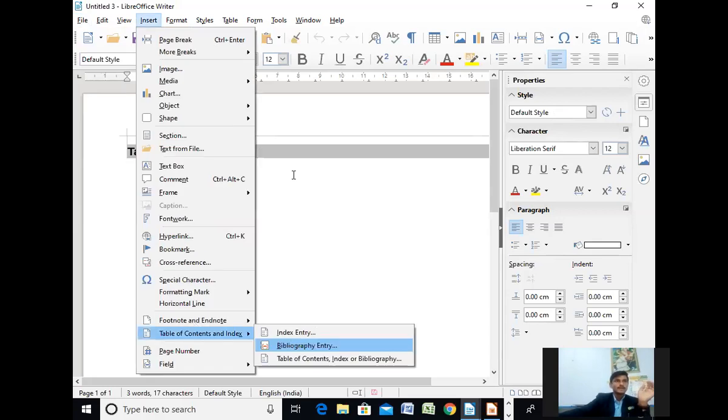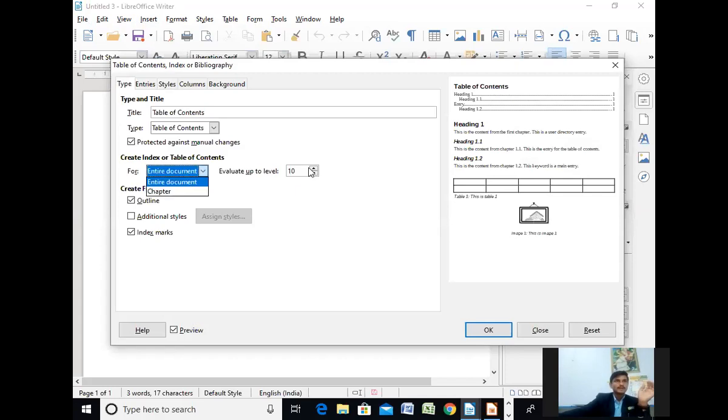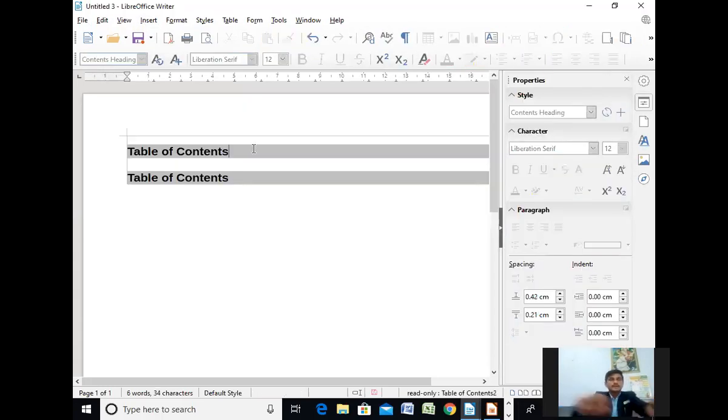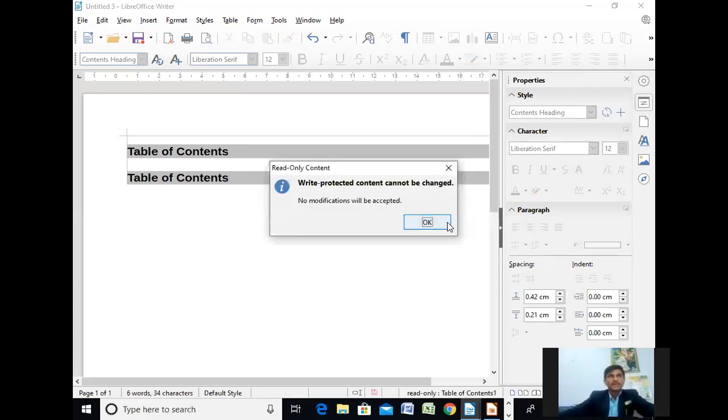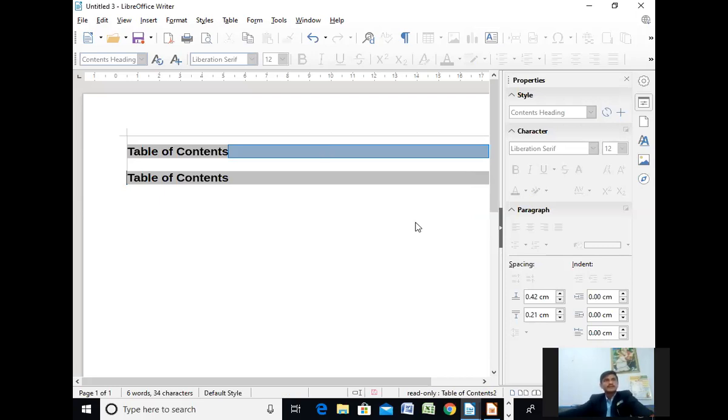Okay, now next, if you want to create a table, we have to create it. Then we will get all these things. See, here the write protection: content cannot be changed, meaning we can't change anything, we can only change the style and all these things from here.